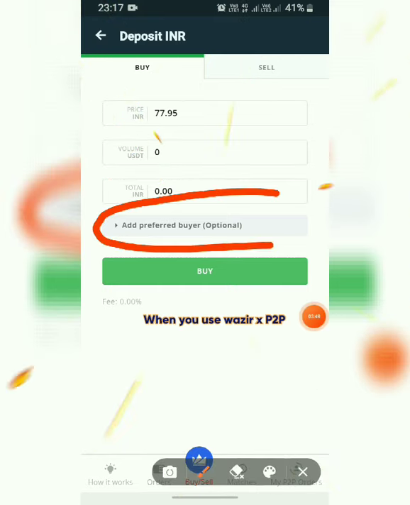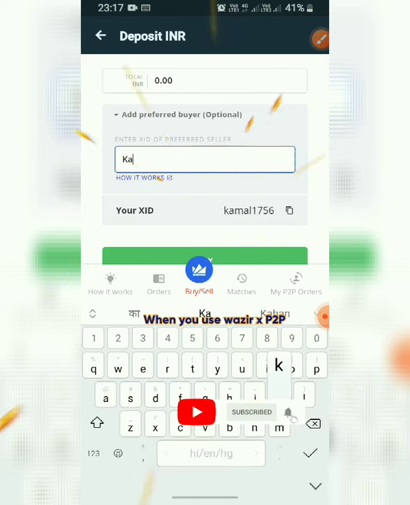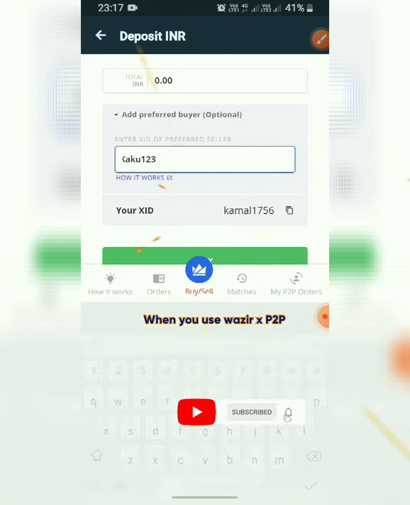The most important fact: before depositing the amount in WazirX, you need to create a buyer ID, because it is necessary for you and also necessary for WazirX. For example, I am showing how you can create your buyer ID like this. When you click on make your buyer ID, you can click on the next step using the amount.